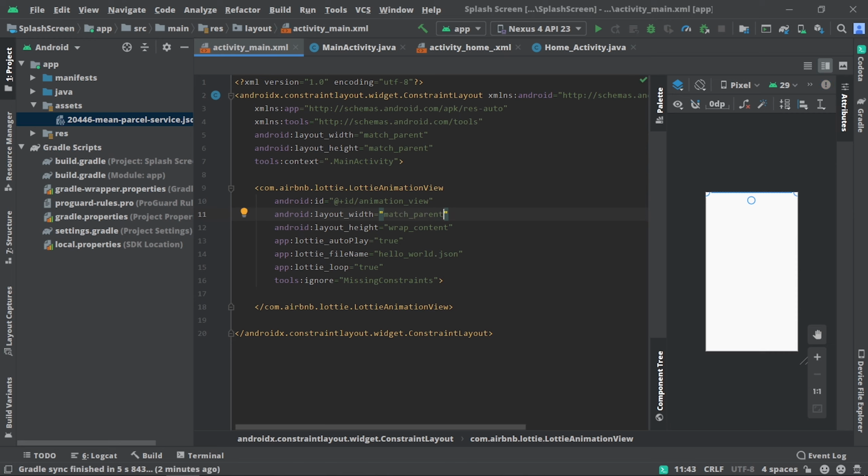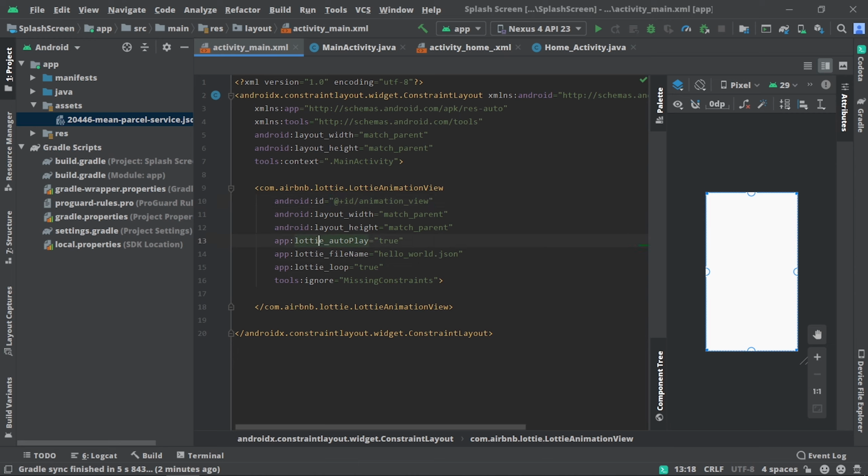You can edit these contents. You need to remember these three settings, which are very important. The ID, which is mandatory for every view in Android Studio.